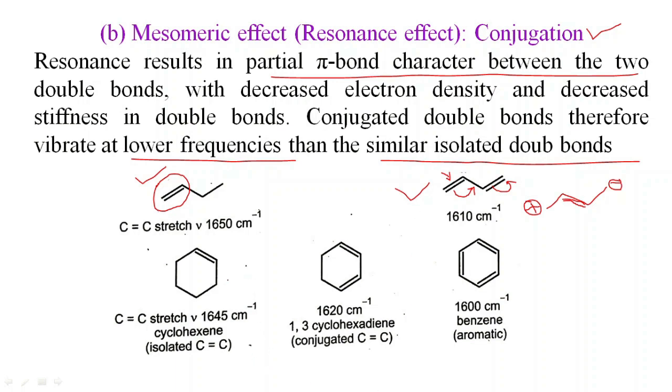Similarly, here also we can say cyclohexene, this is an isolated double bond. The value is 1645 centimeter inverse. This is the case of conjugated carbon-carbon double bond, and here the stretching frequency decreases because of